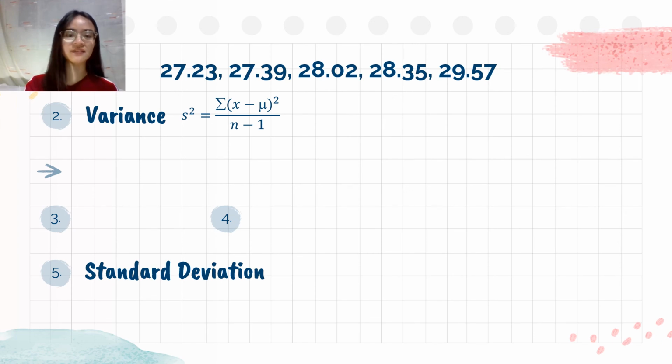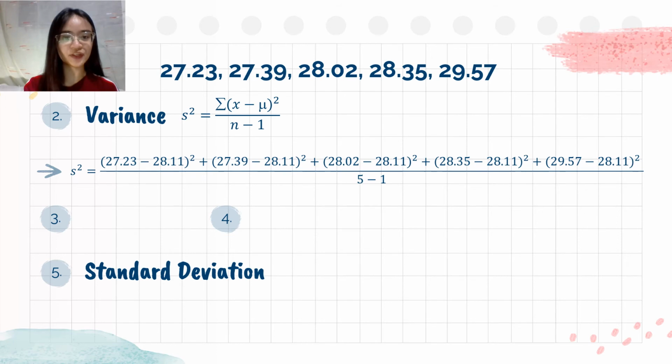Second step is to find the variance. So, (27.23 minus 28.11) squared, 28.11 is the mean, plus (27.39 minus 28.11) squared, plus (28.02 minus 28.11) squared plus (28.35 minus 28.11) squared plus (29.57 minus 28.11) squared over 5 minus 1. So, ang magiging sagot is 3.49 over 4 and the final answer for the variance is